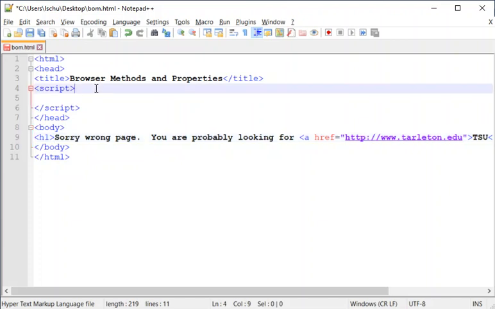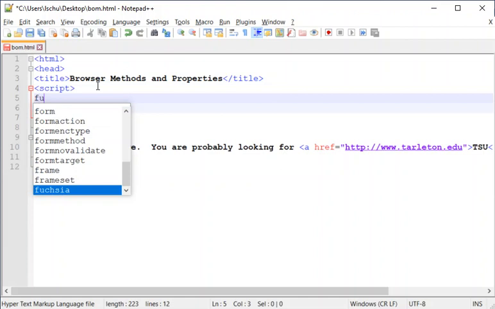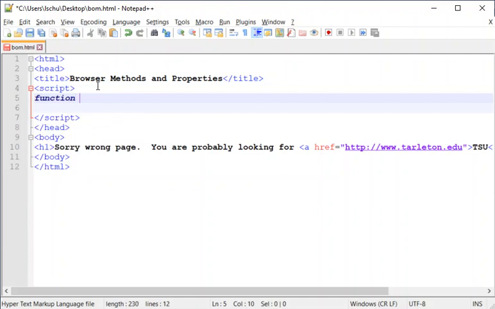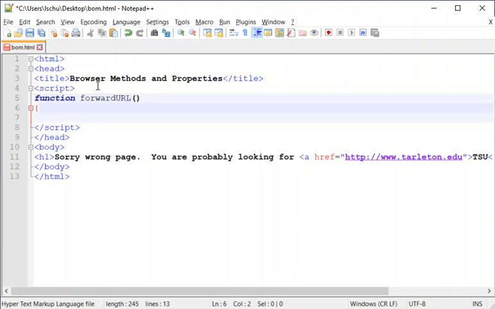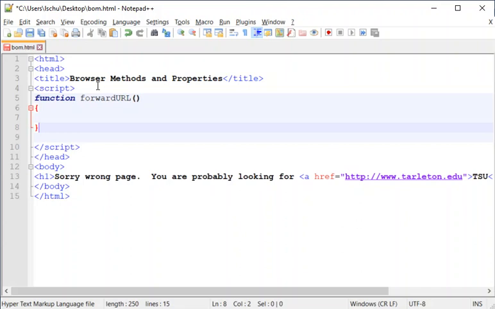So I'm going to go up into my function, and I'm going to do this using the set timeout that we looked at previously in chapter 7. So I'm going to leave this message up for them for maybe 5 seconds for them to read, and then after 5 seconds it's automatically going to forward them on to the Tarleton website. So I'm going to come in here and set up a function called forward URL, and that is where we're going to use our browser